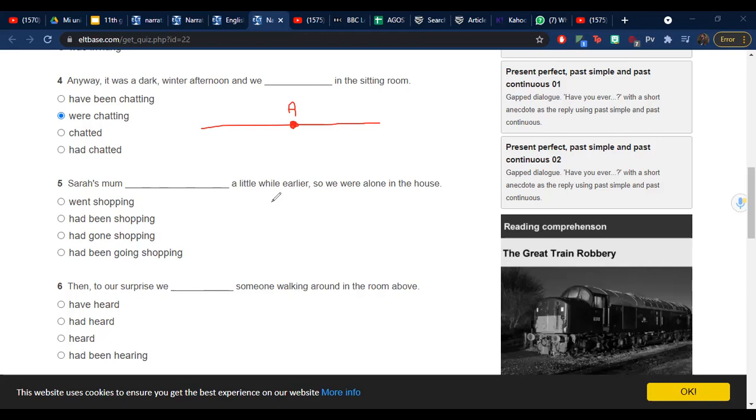Anyone? Have been going shopping? I like had been or had been going. Do we have a focus on time, on duration, like long duration? I don't think so. Maybe for 3 hours or for a long time, but we don't have that. So I know